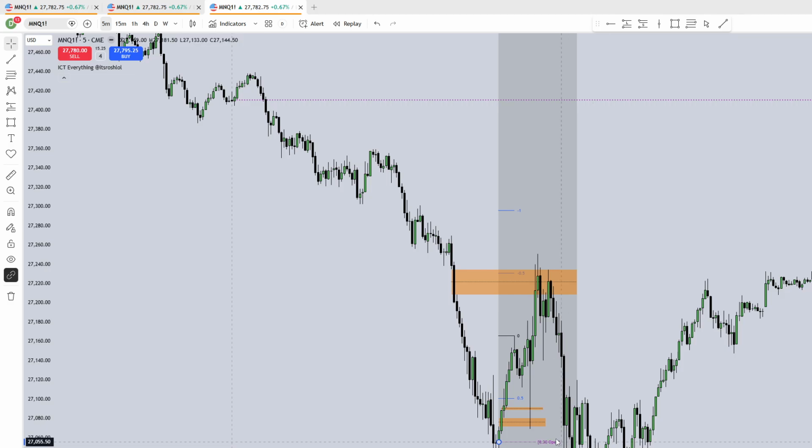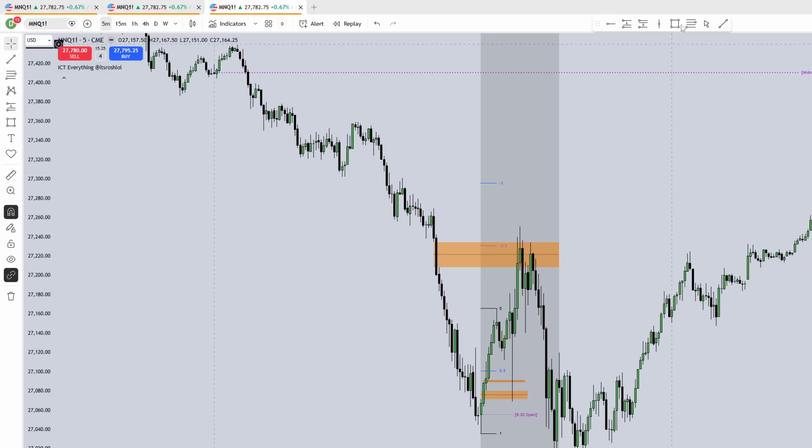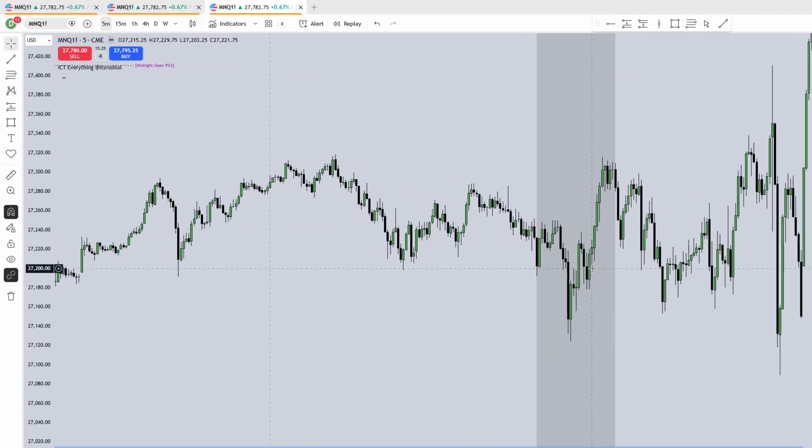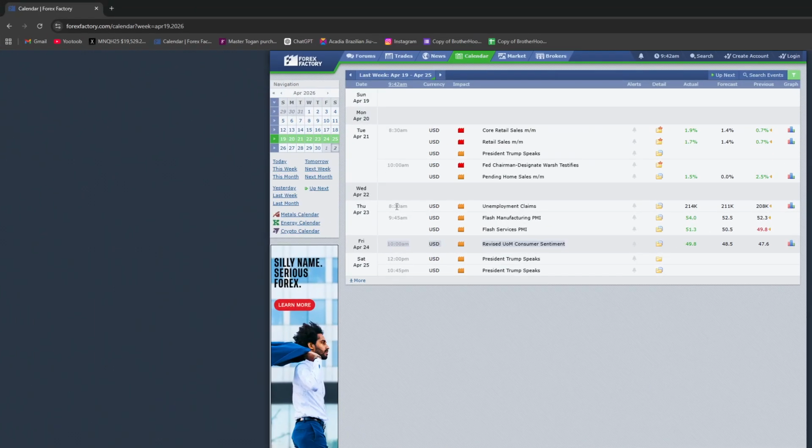So just something we can learn from that example. As you can see, we priced into that premium array at 10 o'clock news, and then we sold off into that 4-hour internal range with no real entry here. That brings me into